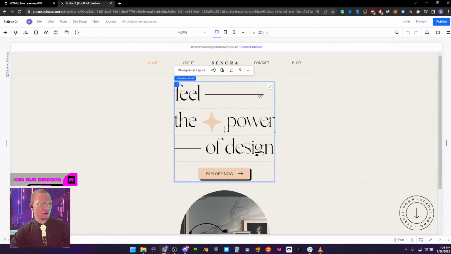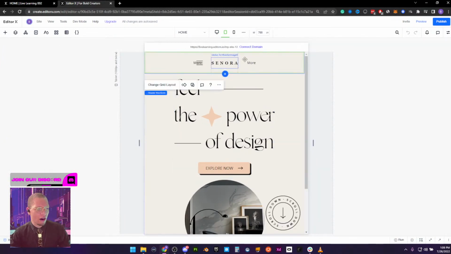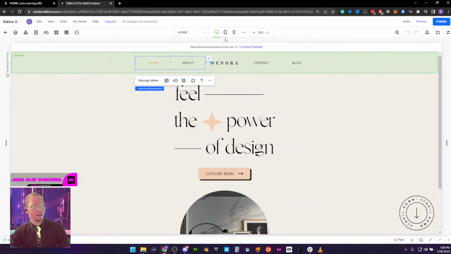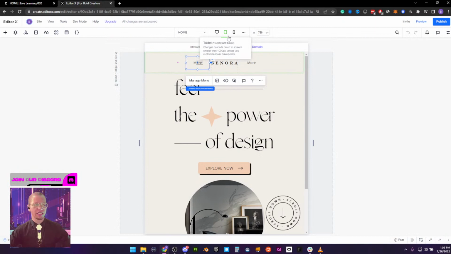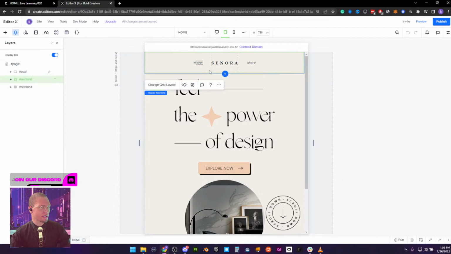All right, so first things first, we are going to go to my tablet version right here, and we're just gonna go ahead and start working on our menu here. Obviously, we can see that our navigation truncated, basically got smushed, and now all we see is more. All we have to do to fix that is go to and really select our menus here, making sure I'm selecting the correct layer.